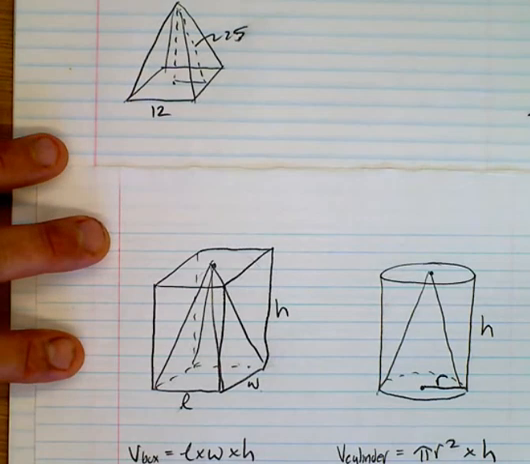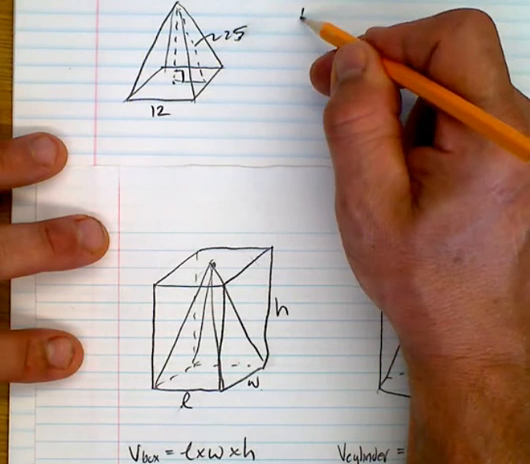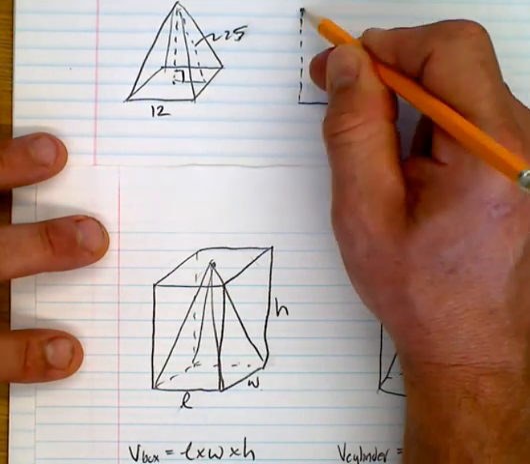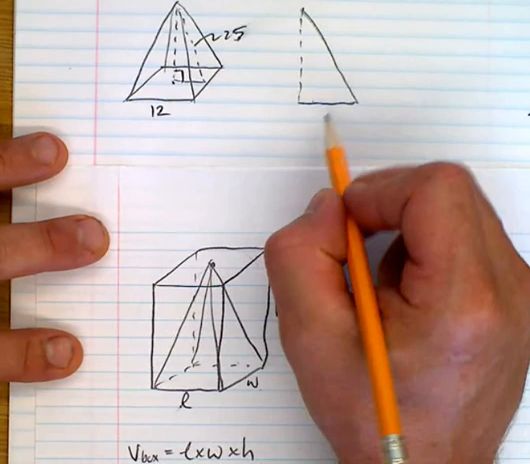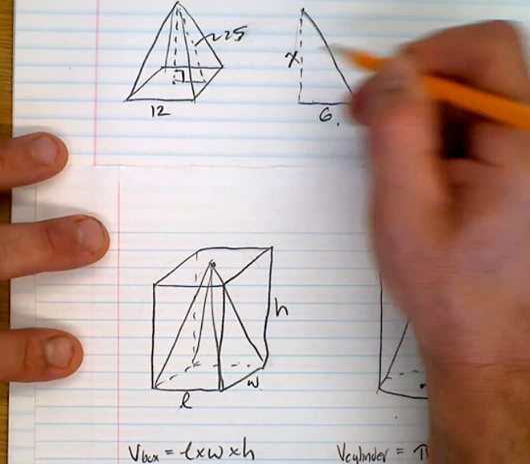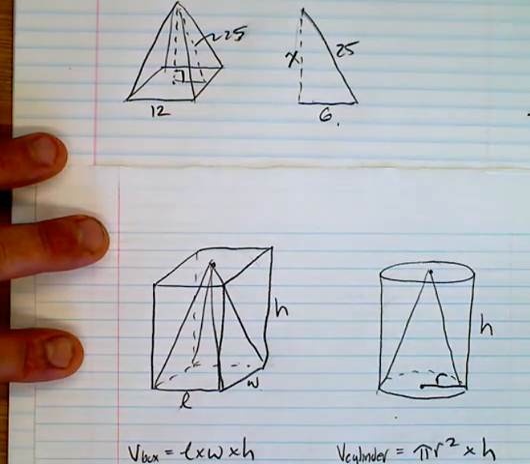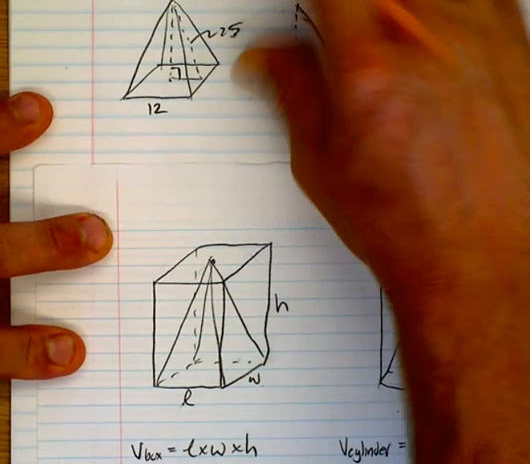At this point you're going to have to see that you have a right angled triangle. What you do is you take that triangle out. You can see that the base of the triangle is half of 12, so 6. This height is something that you don't know, we'll call it x, and we have 25. If you want to find the height, actually let's call it h, so it makes it a little more